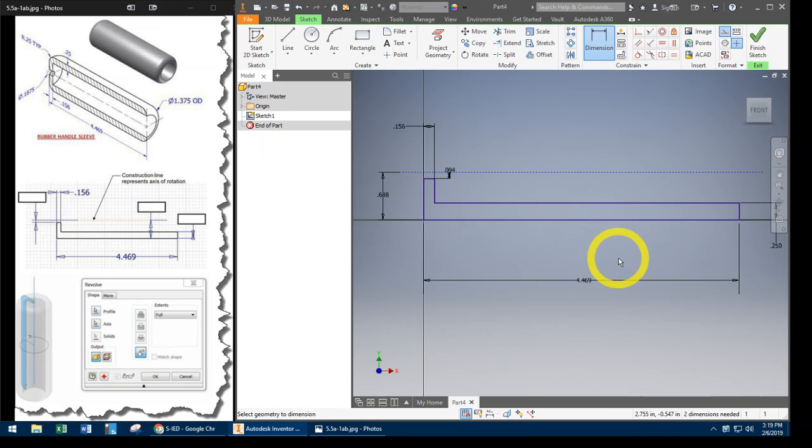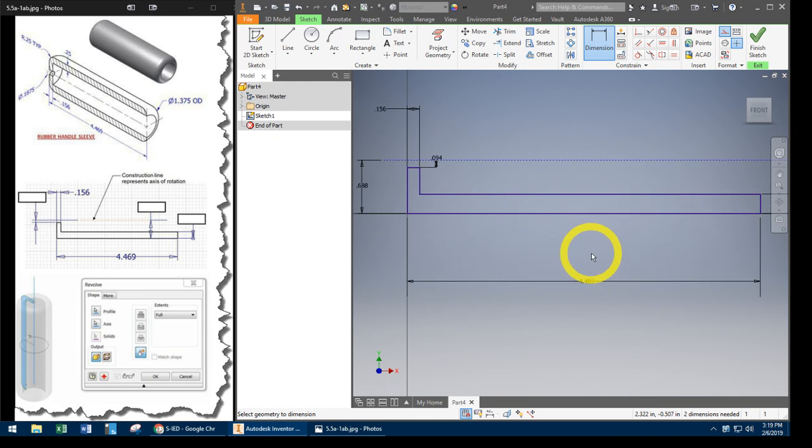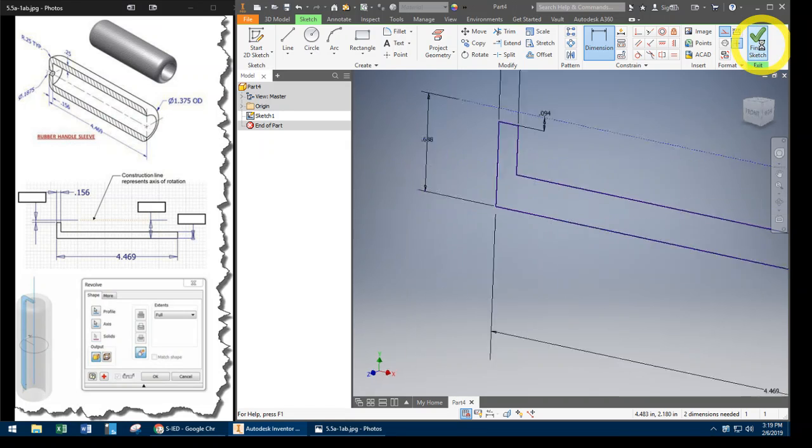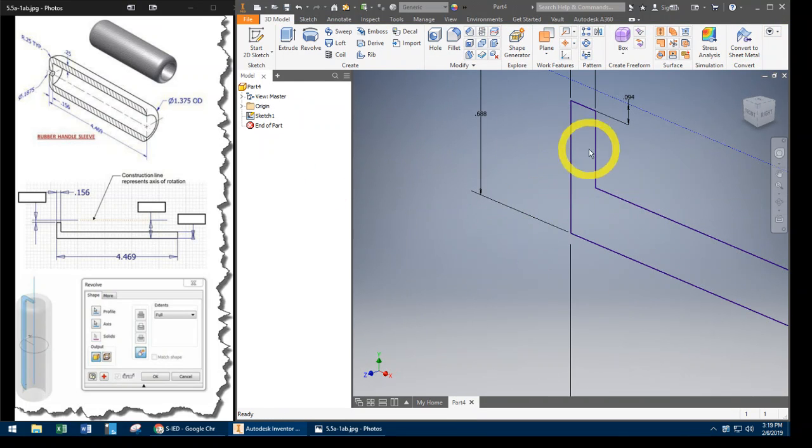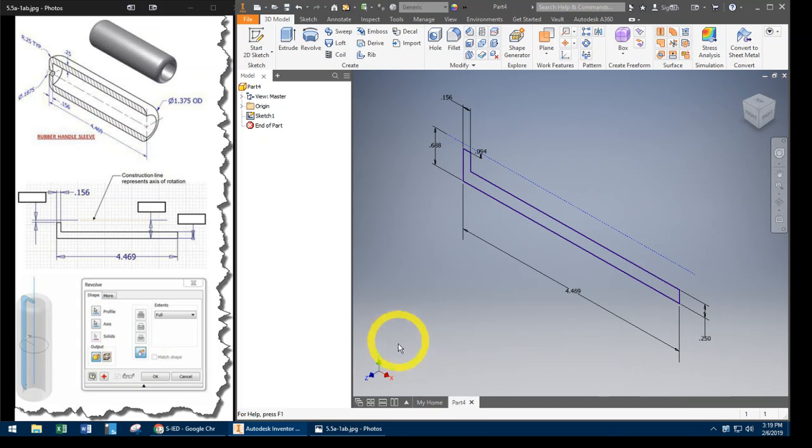We have all of our dimensions on here where we need them so that we are ready to finish this sketch. Once we finish the sketch, I like to click on my home view so it takes it back so I can see everything, and you can see all the items that we have on here. We have our construction line, which is our axis of rotation. We have this object here that we're going to revolve around that construction line to create this grip or handle